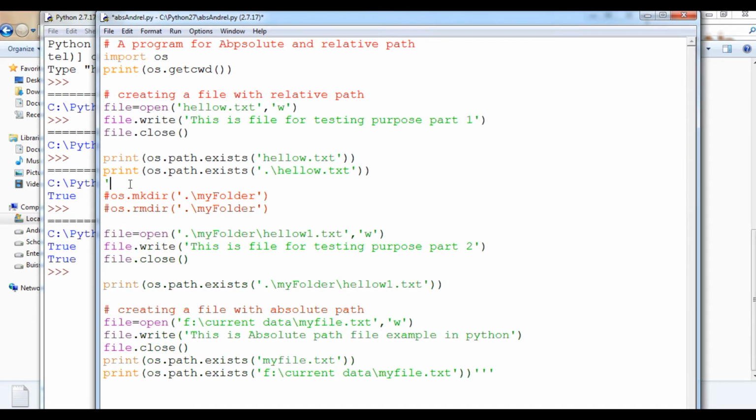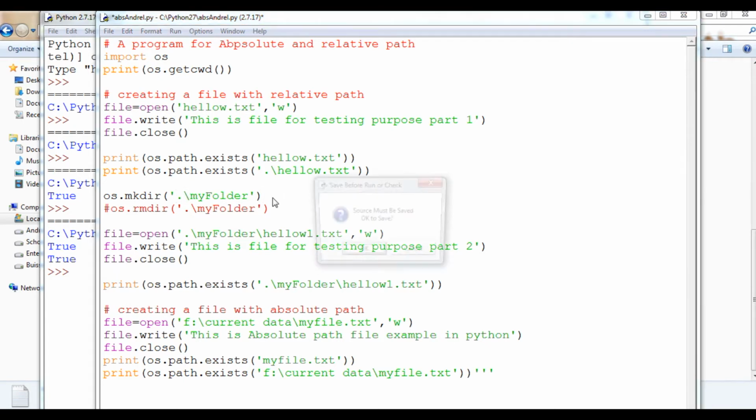Now I'm going to create a particular directory, I mean to say a folder, with the help of the os.mkdir command. The os.mkdir command creates my new folder. If I want to create a new folder, I have to mention the path too, because I am working with the current working directory, I mean to say a relative path. So I will use / and then the folder name. It can be along with a space also, but I am not using a space here. Do this one thing and compile it, I mean to say run it.